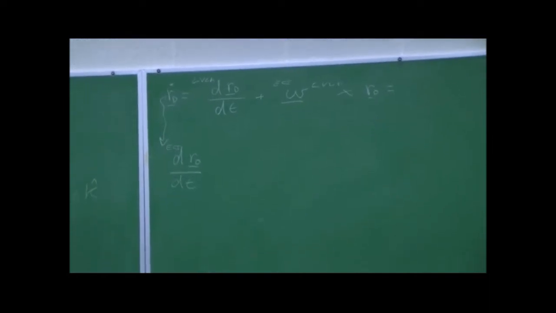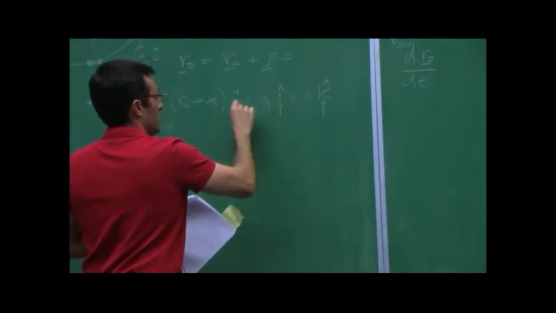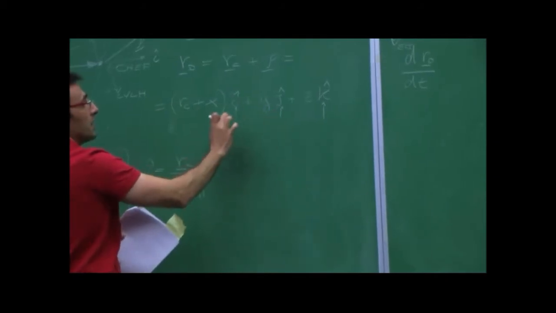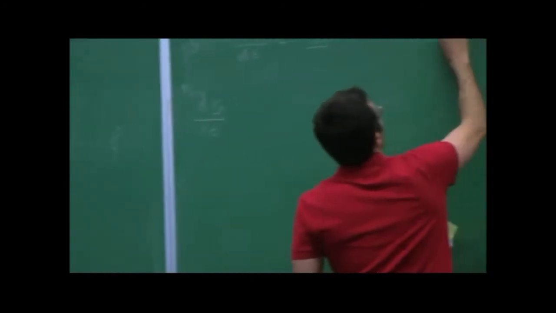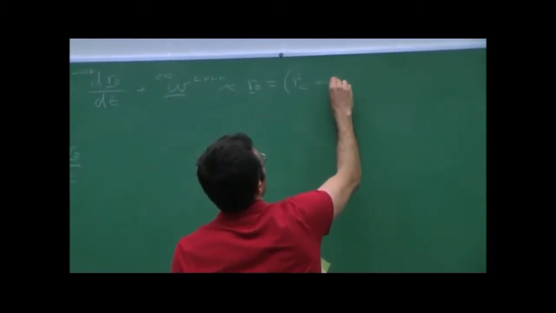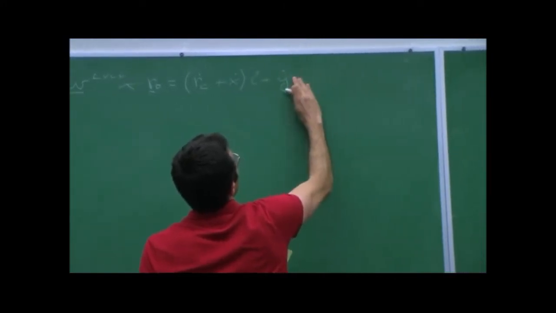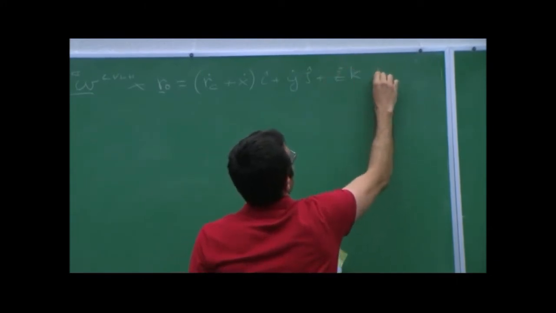What is this one? Time derivative of position vector RD with respect to ECI. With respect to LVLH, these guys are not changing in LVLH, right? So I look at this vector, which is RD. I take time derivatives on everything except these three because they don't change in LVLH. And so I have RC dot plus X dot I plus Y dot J plus Z dot K plus